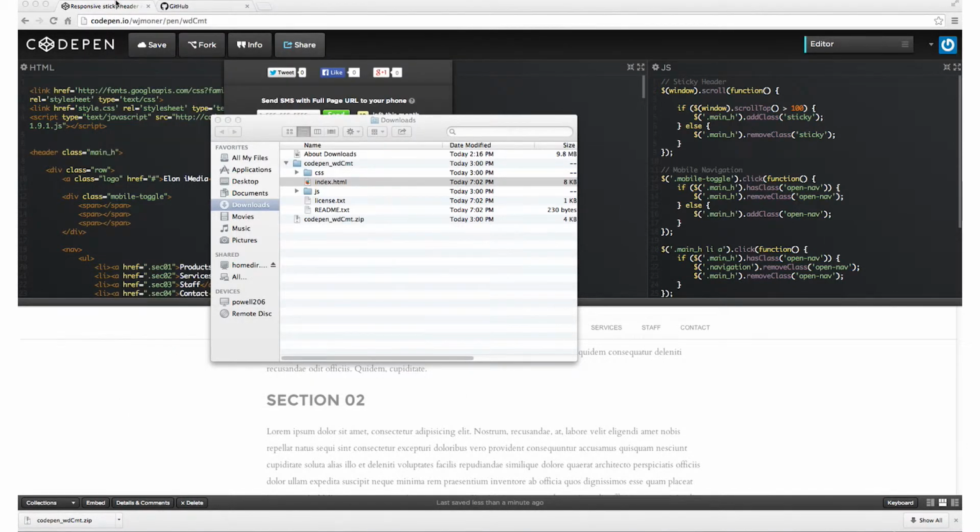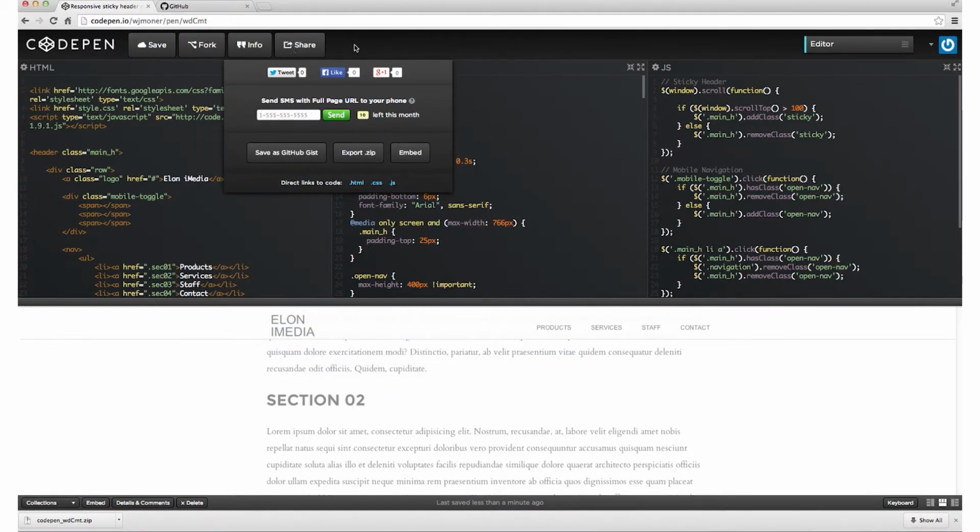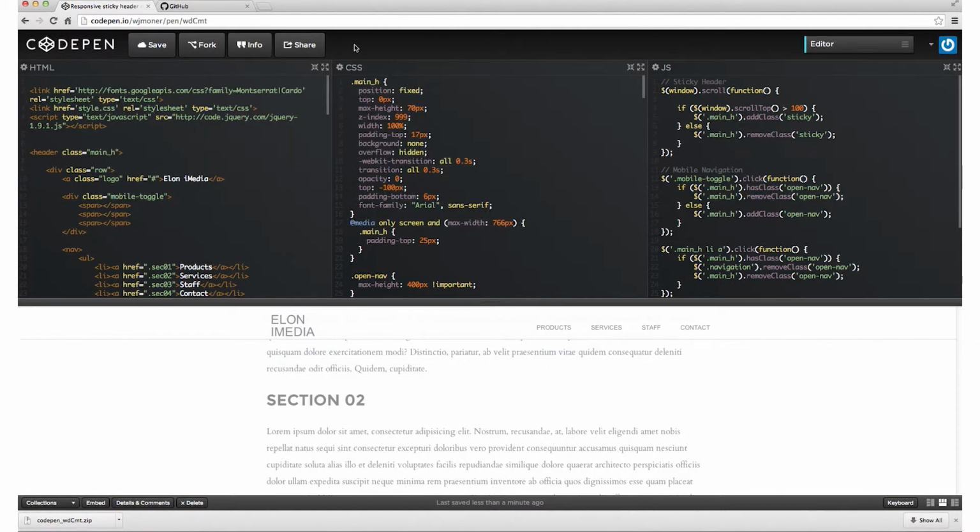So very quickly, I've gone from having zero knowledge of CodePen to pulling an entire repository of code down and working with it and making it my own. And I think this is of great value to somebody who is just trying to figure out how all of this stuff works, and gives you a real chance to play around with the code in a very easy environment.